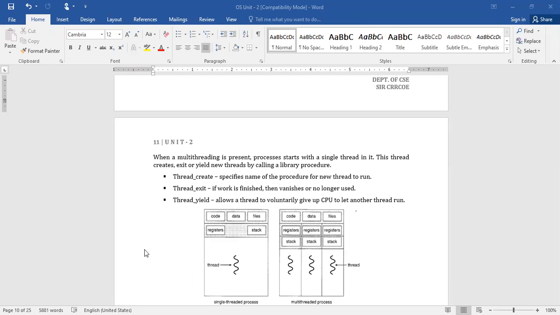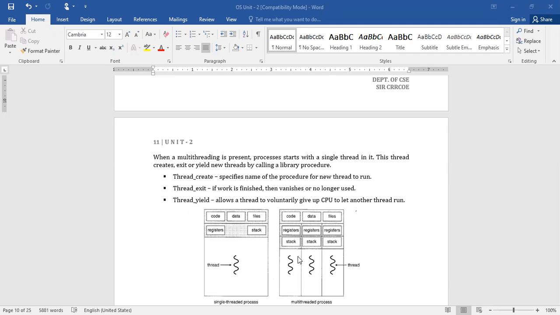You can imagine it as creation of the thread. Thread exit means after completion of its execution, it needs to exit. And thread yield allows a thread to voluntarily give up the CPU to let another thread run. Suppose this is the time when thread 1 is running on the CPU.